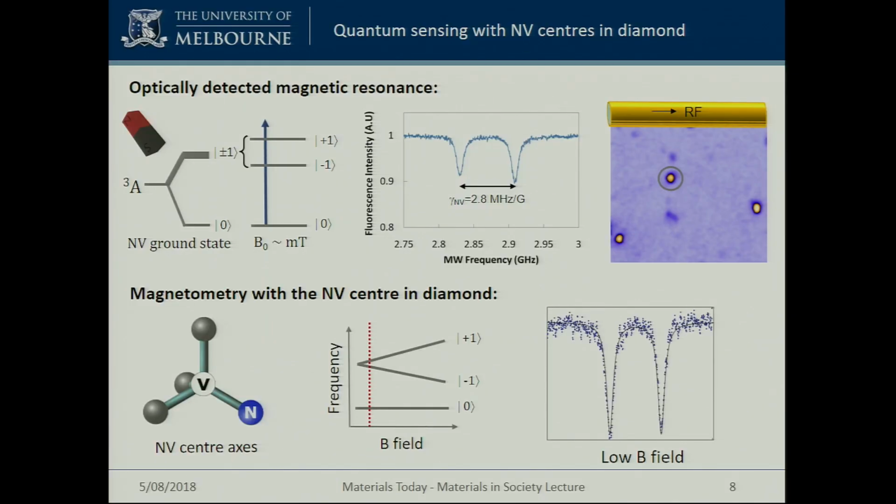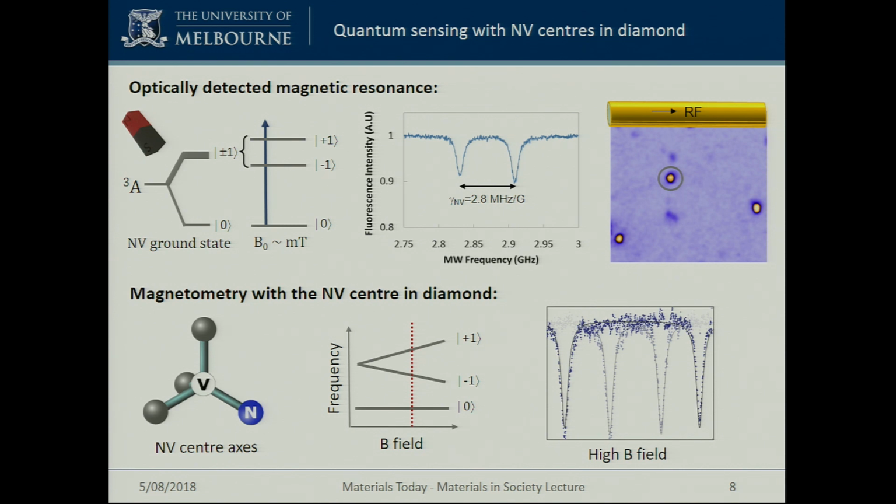So if you want to use it as a magnetometer, in a low magnetic field, this is what an ODMR spectrum would look like. In a high magnetic field, this is what it looks like. So these levels simply split. And if we look at the amount of splitting, we can work out the strength of the applied field along